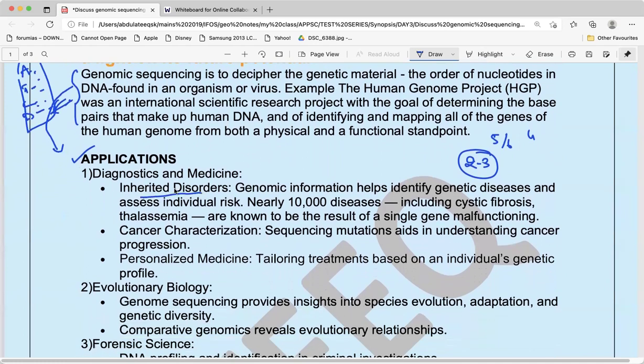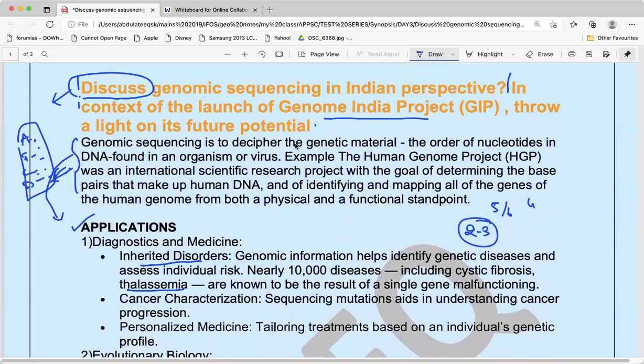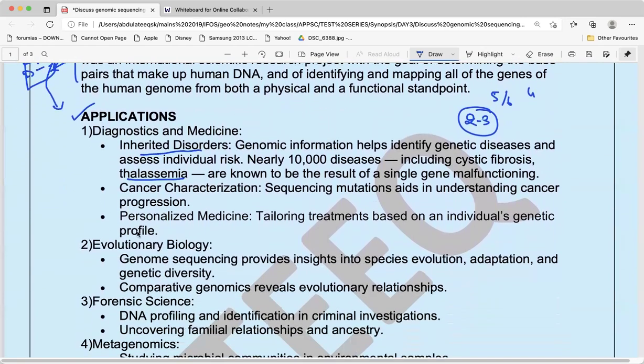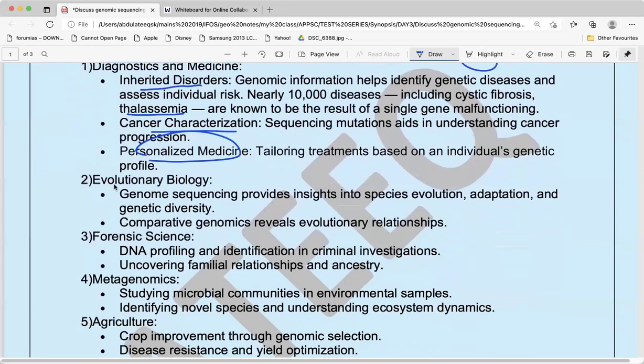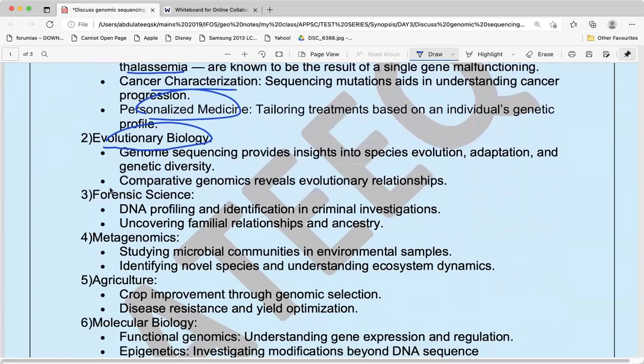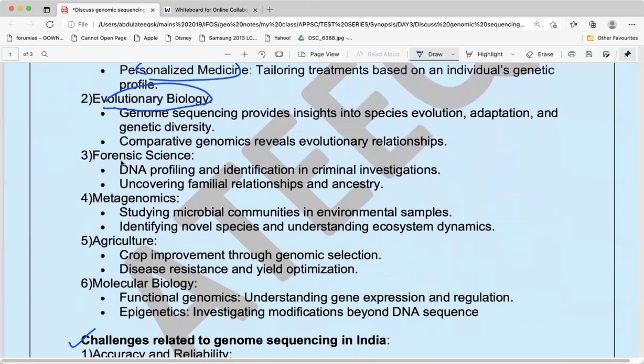Inherited disorders like thalassemia and all can be resolved. We are talking about this in the Indian context only. Cancer, these things can be resolved. Personalized medicine, like I told you, how the evolution of the species and organisms has happened. Even in forensics, once I know your genetic structure and my genetic structure, let's say you and me